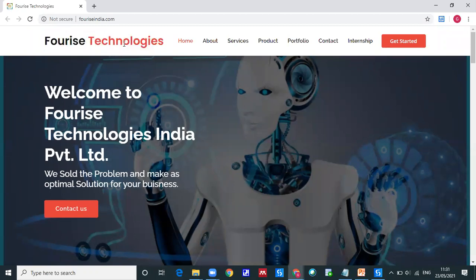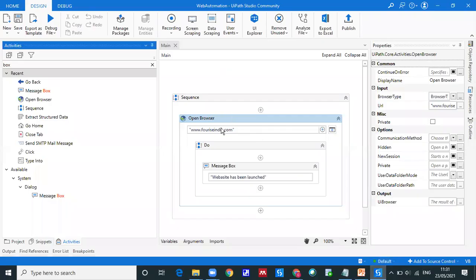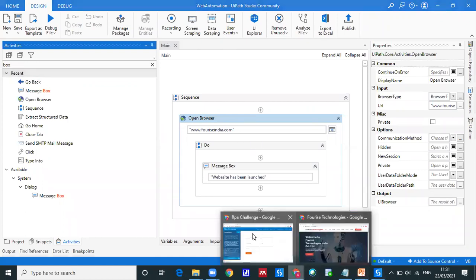For some websites it will take like 5 seconds, 10 seconds, or there may be chances that the internet is very slow, right? The bot is doing its task, but at the actual ground level, whether the website has been opened, how will you identify? This is very challenging. Are you getting my point? So the bot will open this browser, but whether it has been opened or not, who is going to confirm this?